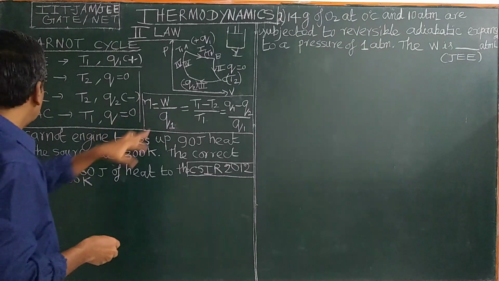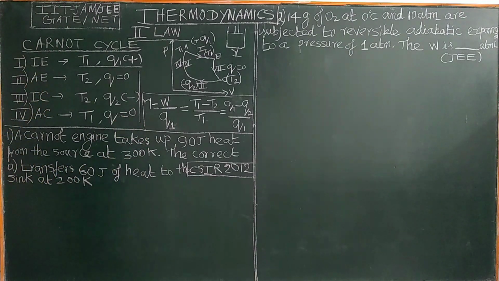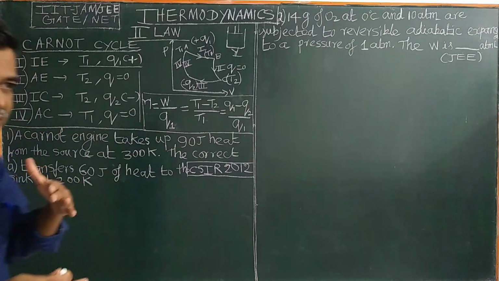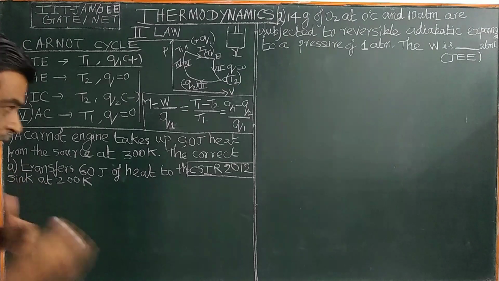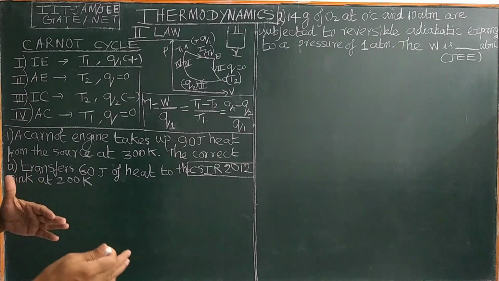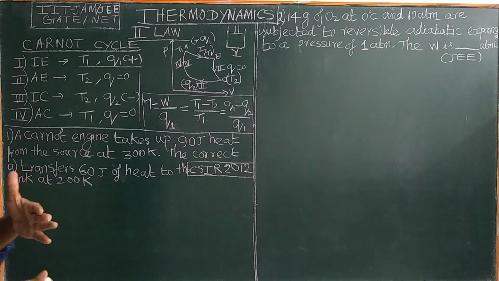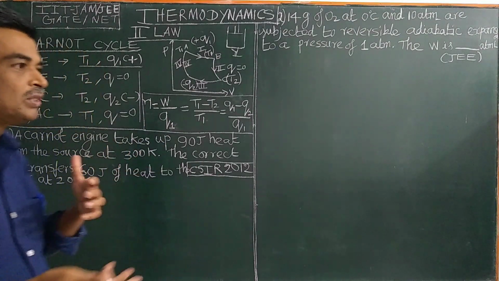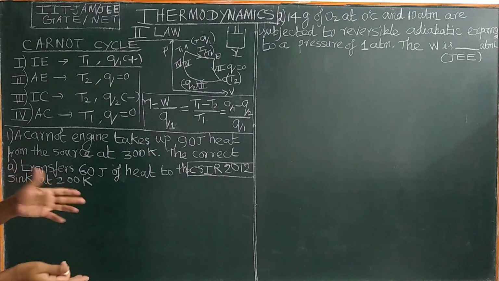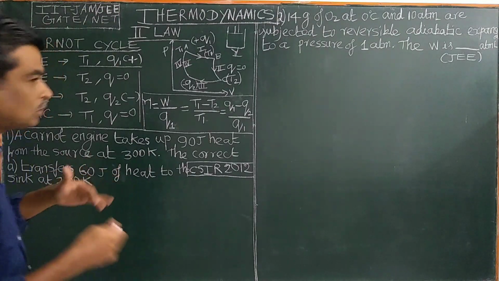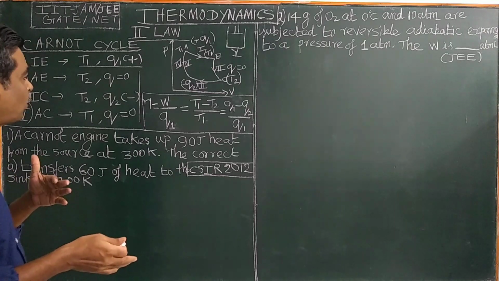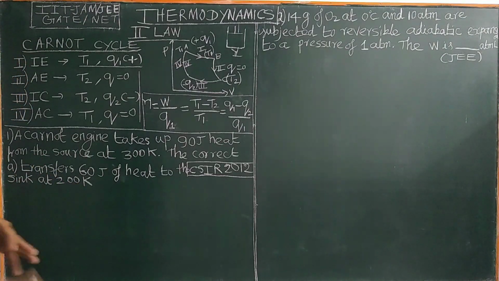the net work done. Okay, now I have given what is impossible based on this Carnot cycle, Carnot engine, Carnot theorem. The second law was proposed. It is impossible to construct a heat engine to completely convert heat into work without compensation. That is the second law of thermodynamics. And also all the spontaneous processes are irreversible according to the second law of thermodynamics. All spontaneous processes are irreversible.